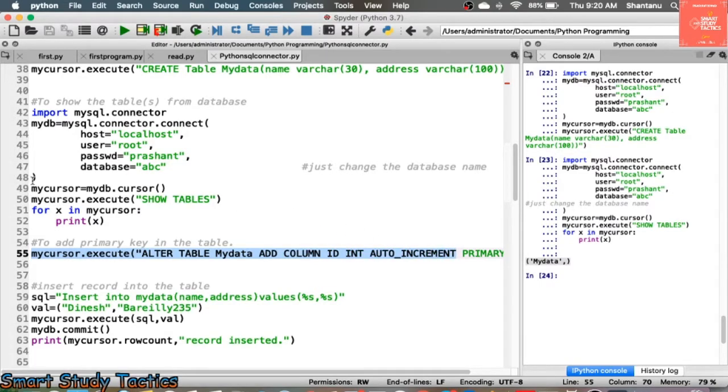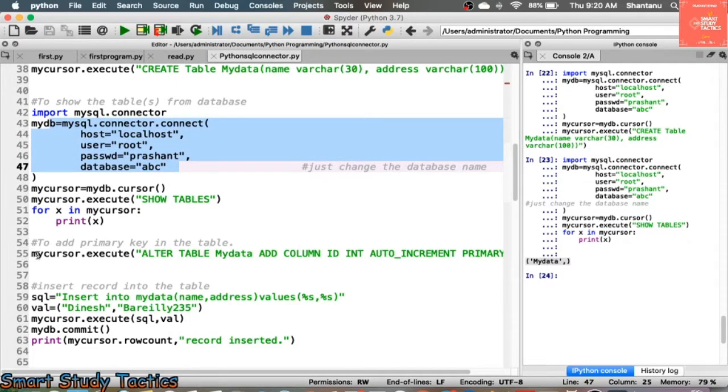Now there is no need to write down the import SQL connector and so many things each and every time. If you want to memorize all of it, you can write it 4 to 5 or 10 times so that you can memorize everything, because it is very important. It will come in your exam.